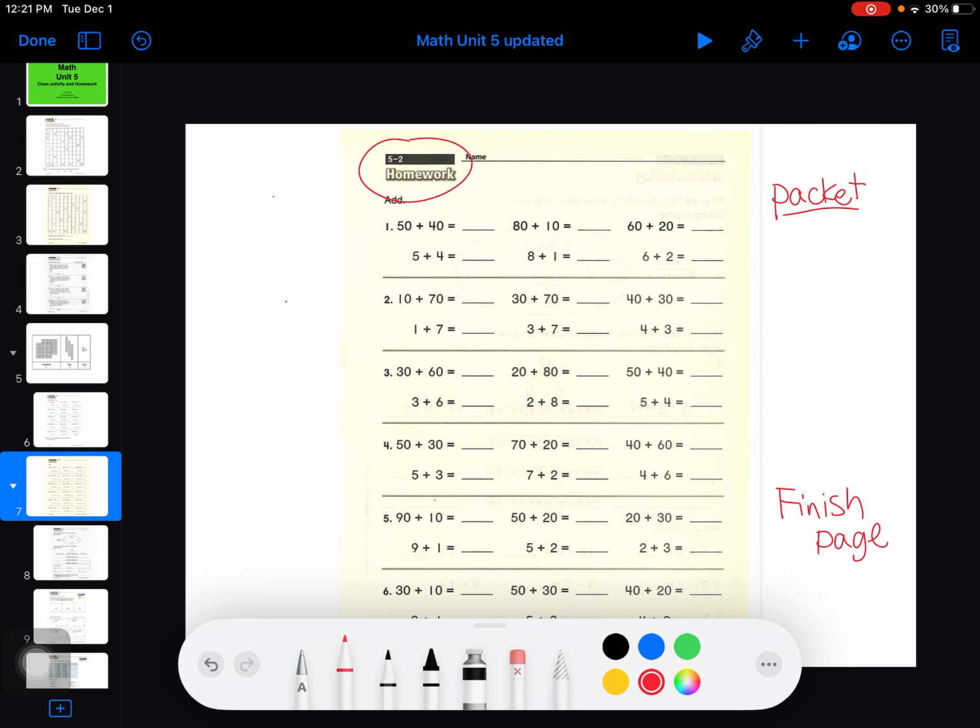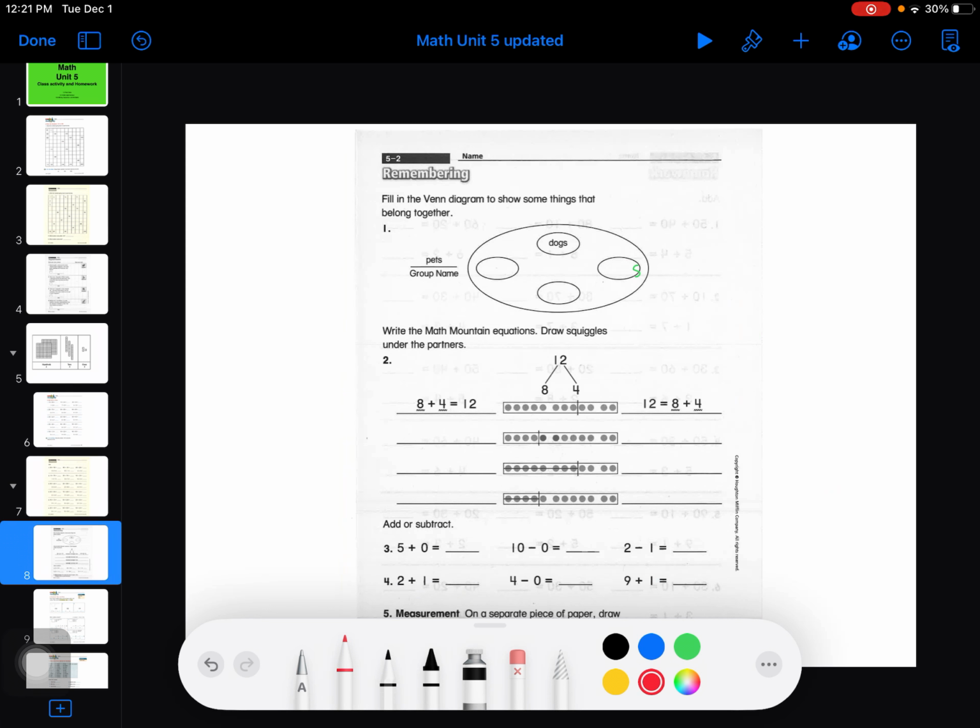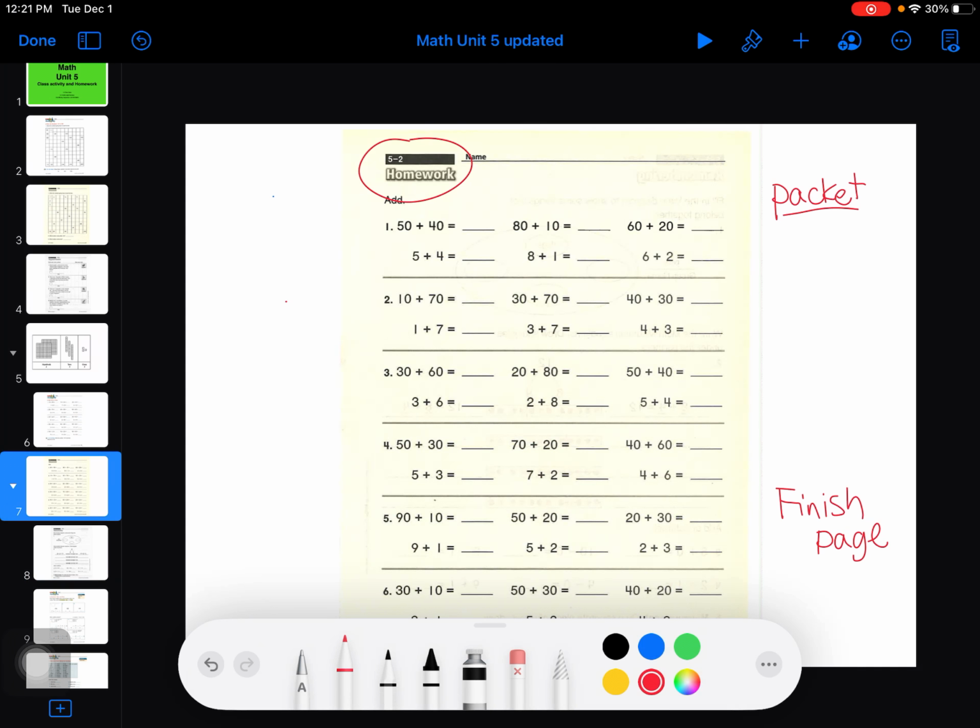All right, and then it also has a back. But guess what? I want you to put a big, huge X on the back because you do not need to do it. You only need to do the front page. So I'm going to write front